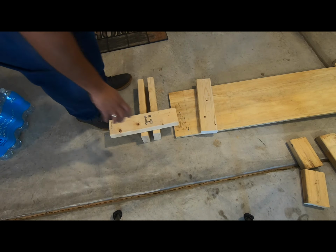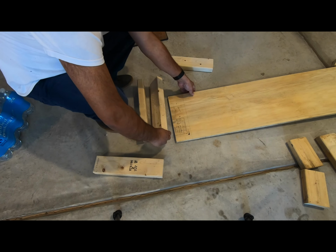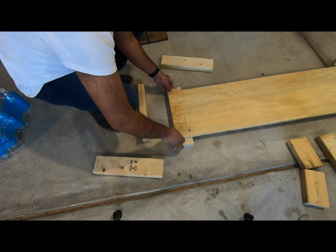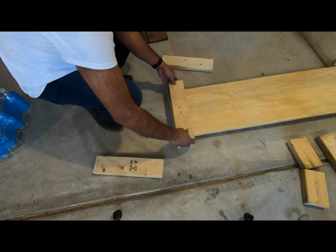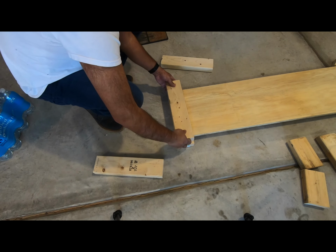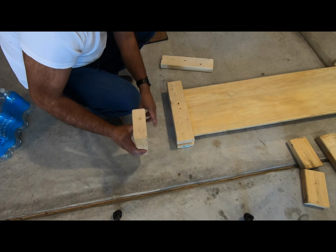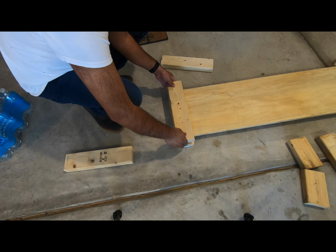The first thing I'm going to do is build a base for this thing. I'm hoping to have this stand upright, so I'm going to build a base using these 2 pieces of 2x4, and I'm gonna screw these into the plywood, and then these are gonna be support braces that's gonna go perpendicular to